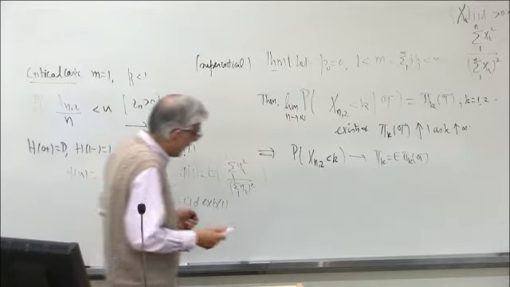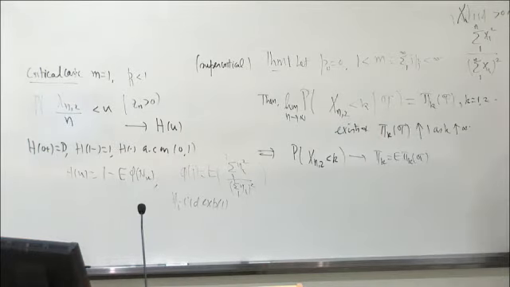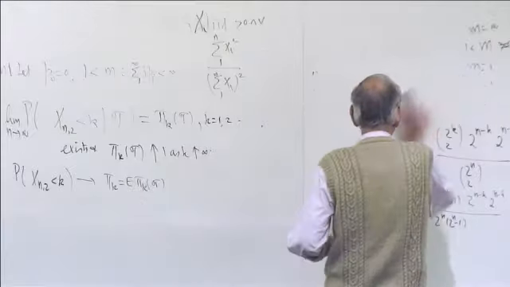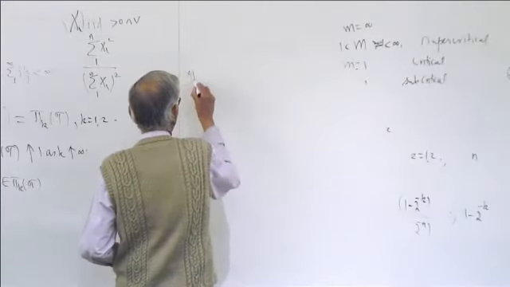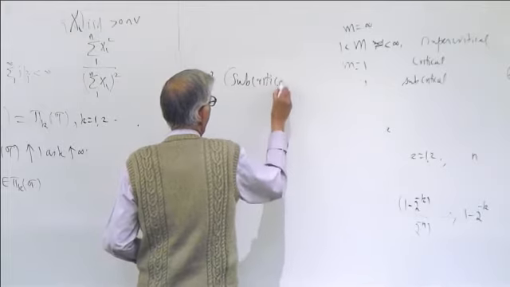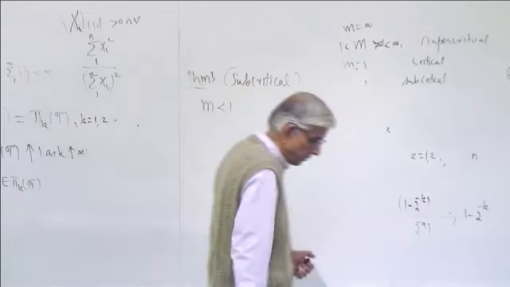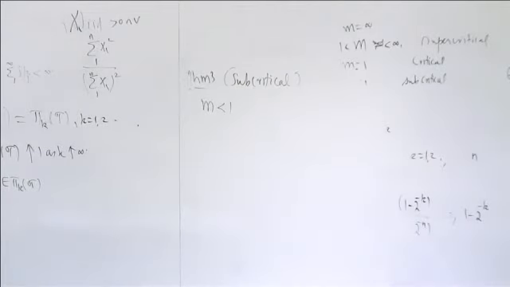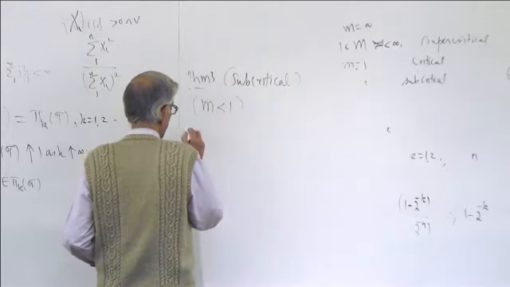And it turns out that in the so-called subcritical case, where m is less than 1, theorem 3, subcritical. Here m is less than 1. Remember what m is? M is the mean number of children produced per parent. And if it is less than 1, the population dies out. So the question is, again you have to condition. So that is m is less than 1. So theorem, then